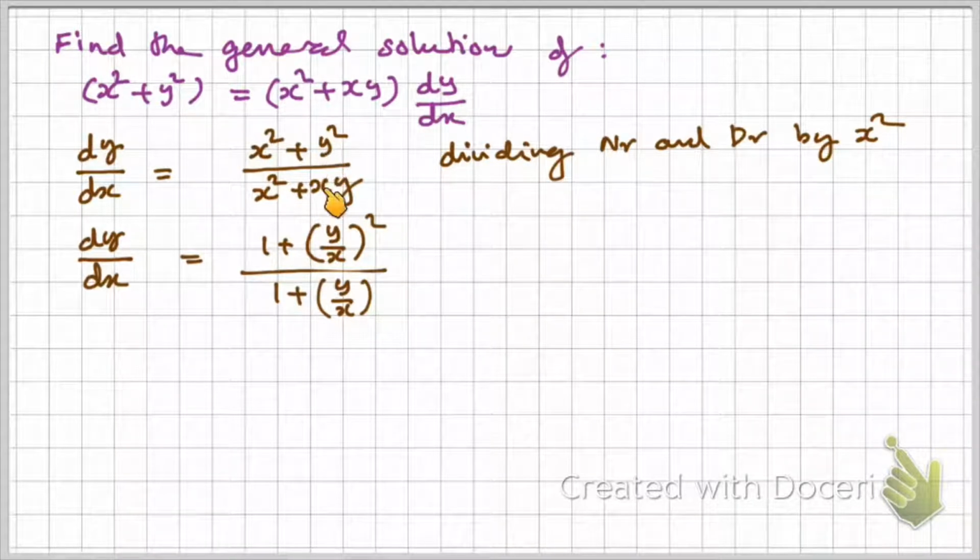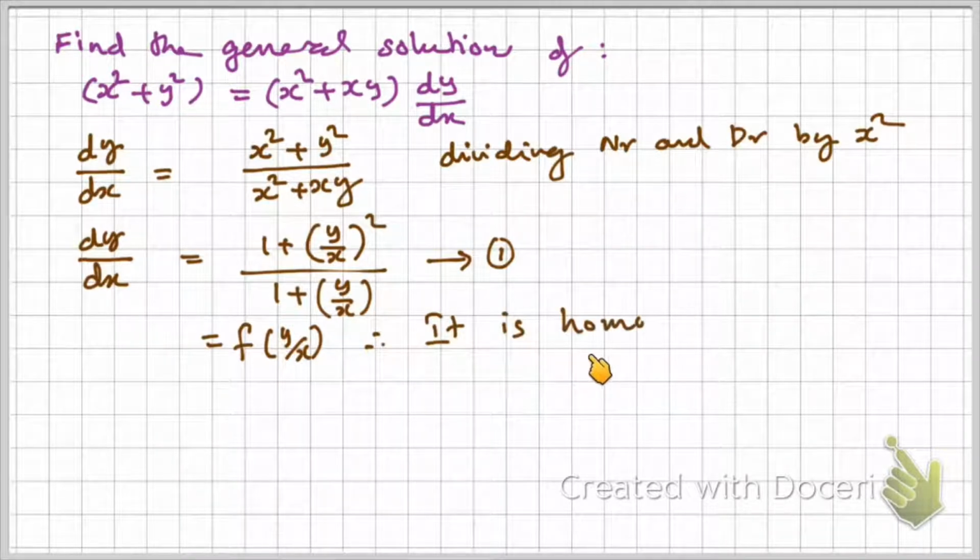I divide y square by x square, which is y by x the whole square. x square by x square is 1. xy divided by x square gives me y by x because one x cancels. So this is what I get, and which is actually f of y by x,